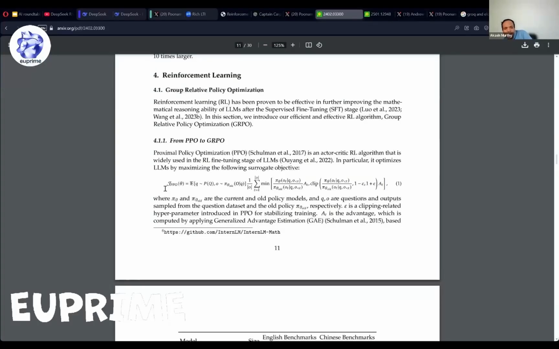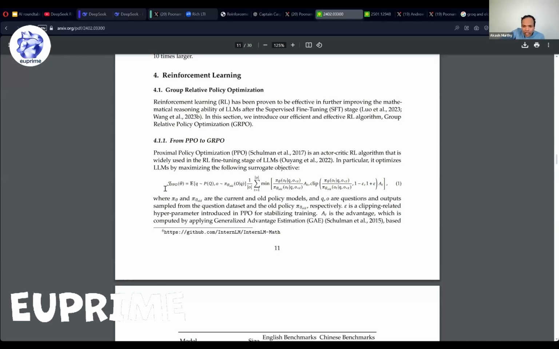So basically, they've come up with this group relative policy optimization. This is like a reinforcement learning framework. And as you can see, in this framework, you have basically an objective function that you're trying to minimize in some meaningful way. So, just to understand this objective function, this equation one of the R1 paper, and